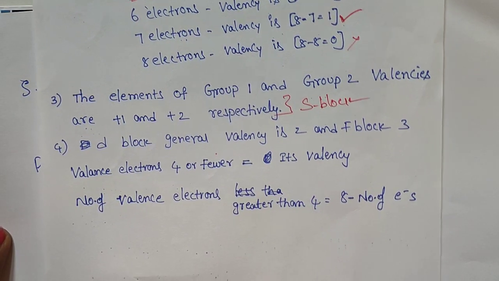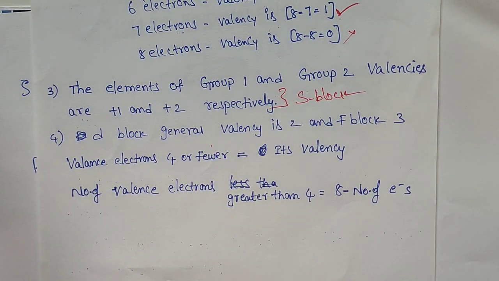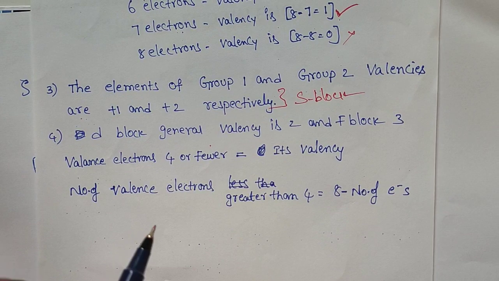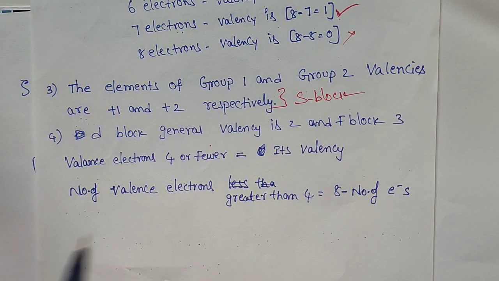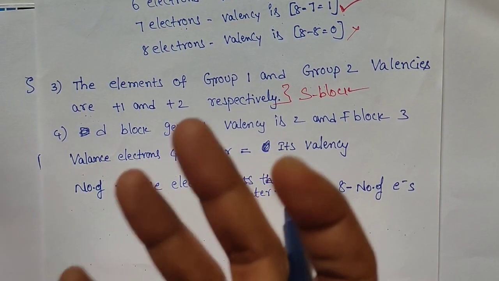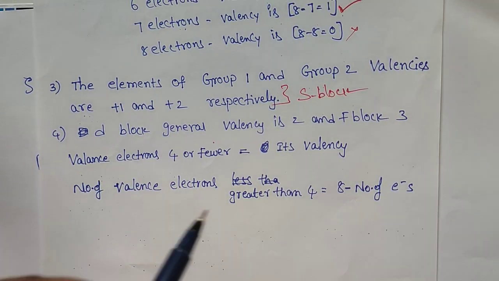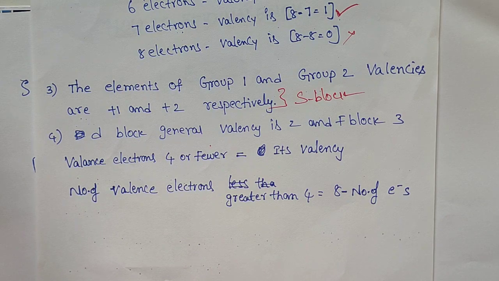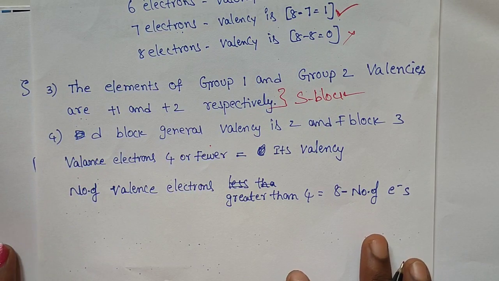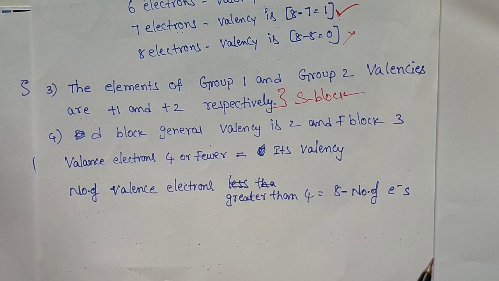Because if you take d orbital elements, and some p block elements also exhibit variable valency, they have empty d orbitals. There is scope to excite the electrons from the s orbital. Is there scope to extend the octet rule? They can extend the octet rule. They have vacant orbitals, so they can possess variable valency. It depends on the compounds they are combining with, the chemical bond. It depends on the chemical compound.